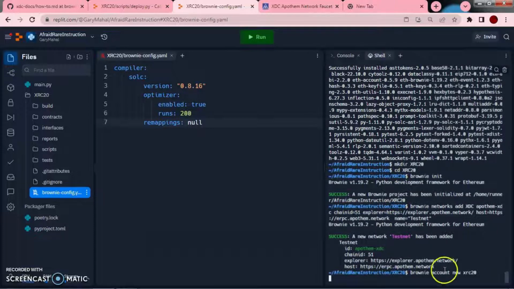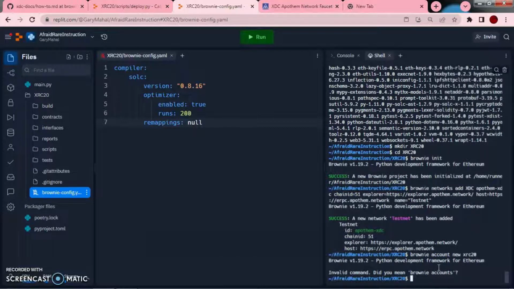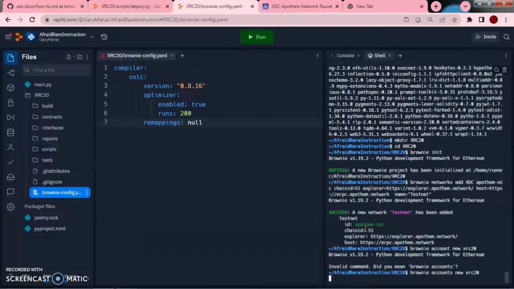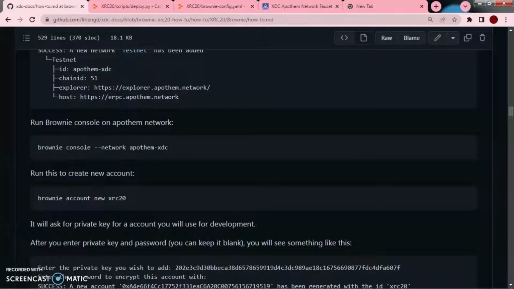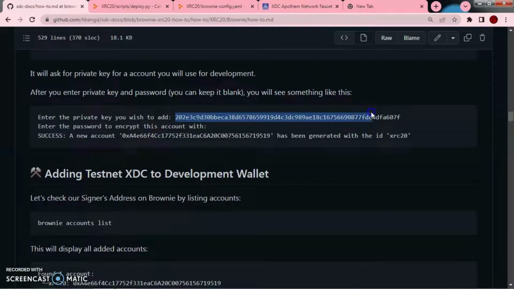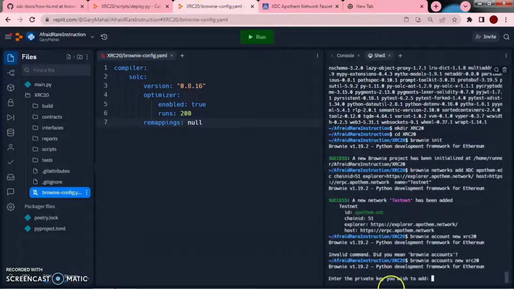So now it's going to load. Oh, it's saying it's accounts, not account. I think something is wrong with that documentation. So let's just write accounts new XRC20. Yeah. Now it's going to ask you to add a private key. You can add anything. I'm just going to copy it from here. Let's take this one, copy, come here and paste it,